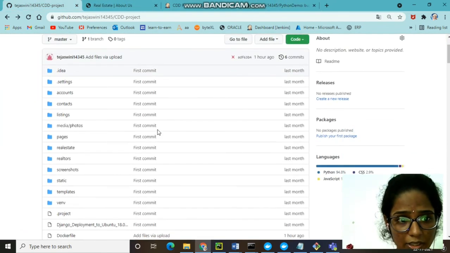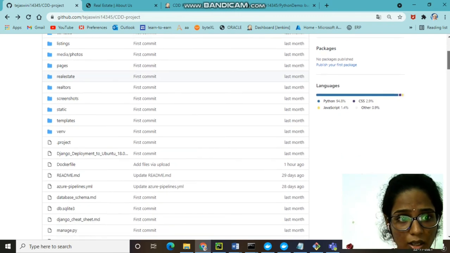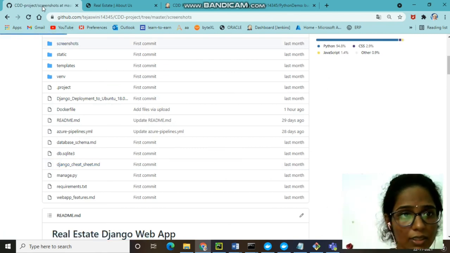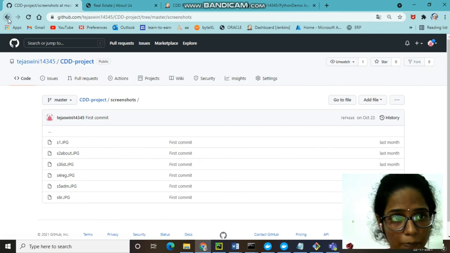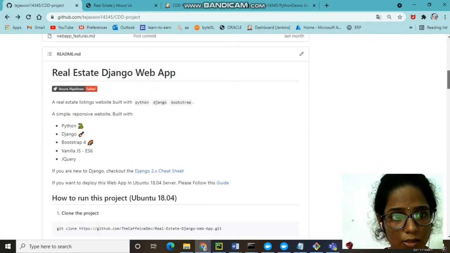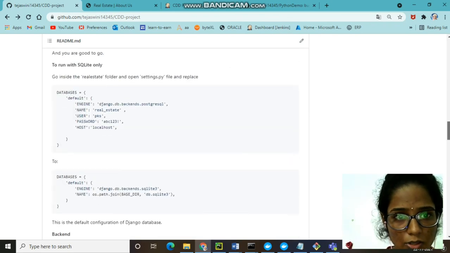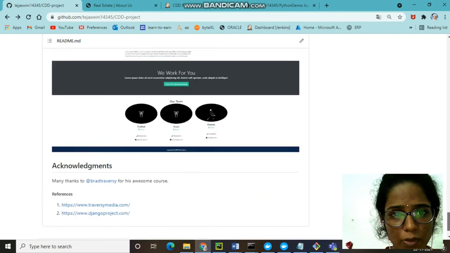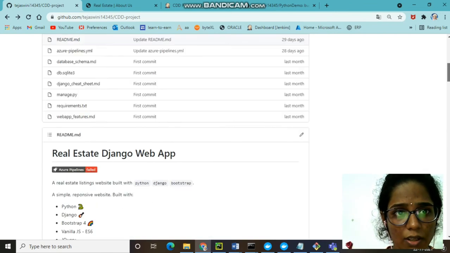You can check the Git repository. These are the screenshots, these are the images which I had kept here before. So these are the screenshots of my project which I uploaded in my Git repository.